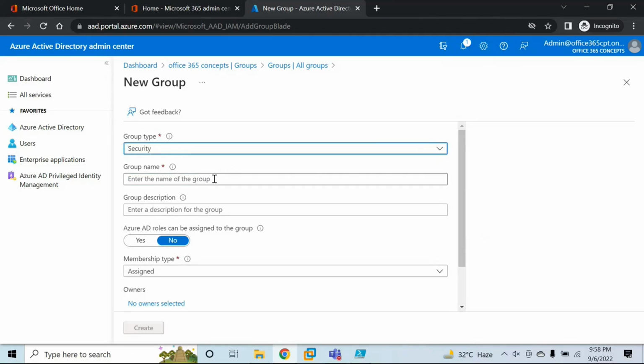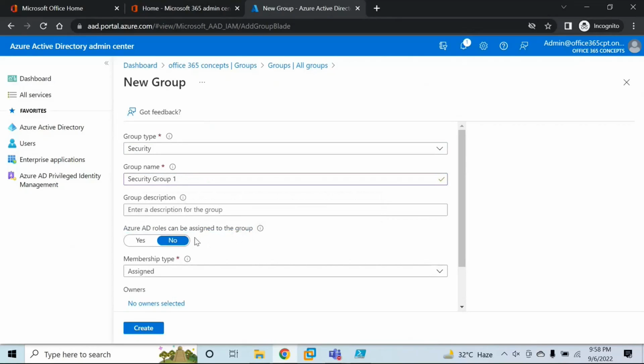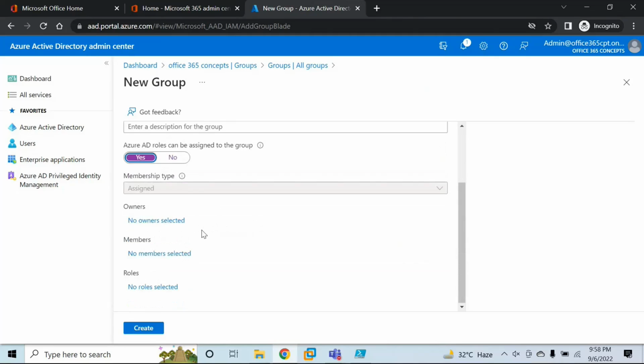So let's create a security group. I will give it a name, security group 1. Here you can add a group description. Next option is Azure AD roles can be assigned to the group. By default, this option is selected to no. That means you will not be able to assign any role to this particular security group. If you want to assign a role to this group, click on yes and then go to roles